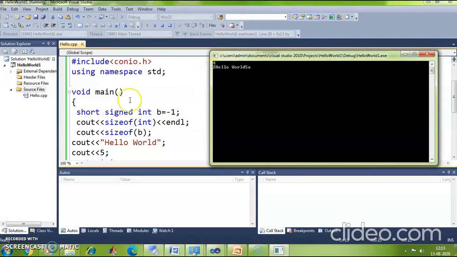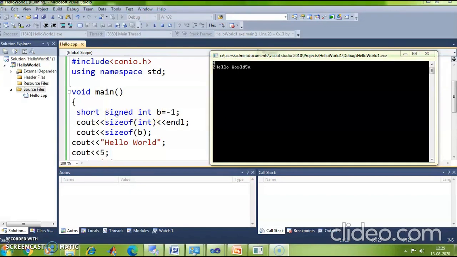Okay, so the moment I use this modifier short, the size of the data type reduces by half. Whereas if I use a long modifier, the size of the data type nearly doubles.